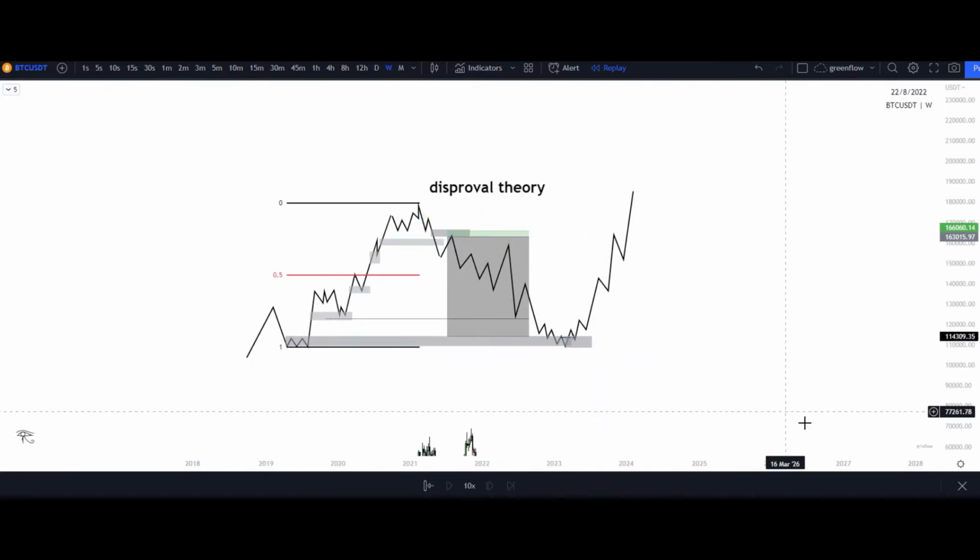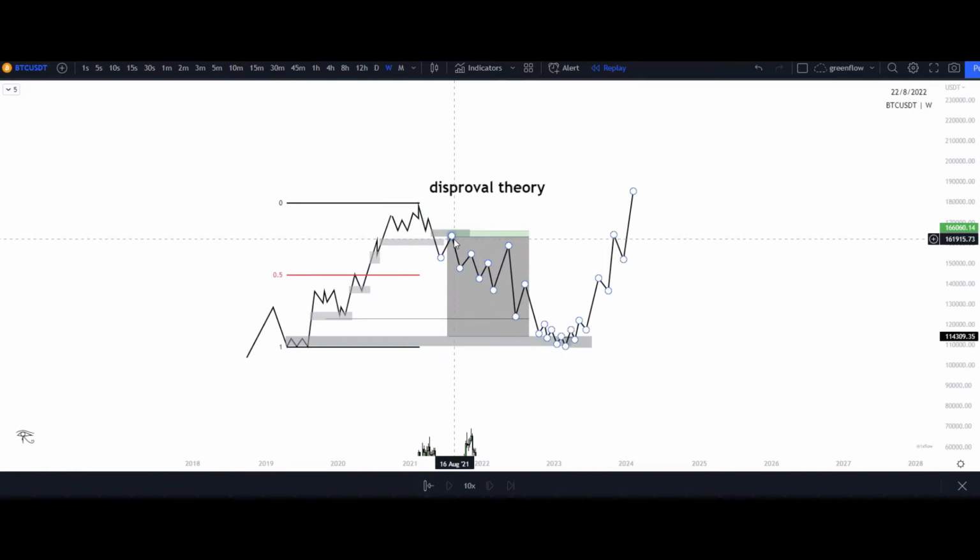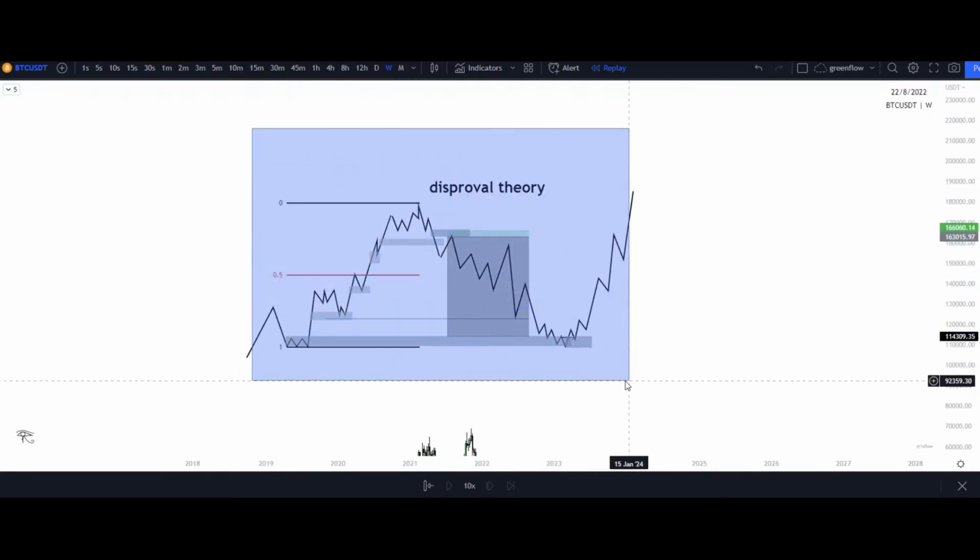Apologies, but again, that disproval theory, right, coming down into those areas of demand, continuing to the upside. Once I am wrong, that's completely fine. I'm looking for the confirmation of being wrong, right? And then once I can confirm that I am wrong, then I can take this to the downside. So that is your disproval theory as far as what we are looking for when we are trying to get into certain trades and why we want to be wrong in certain situations as